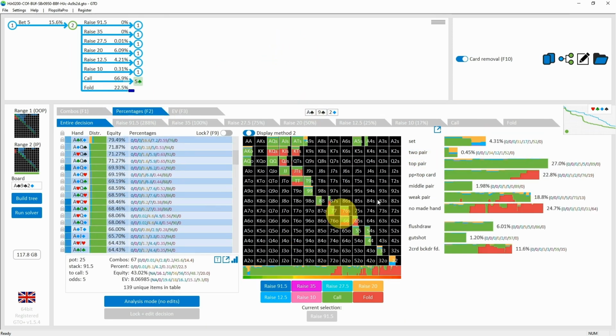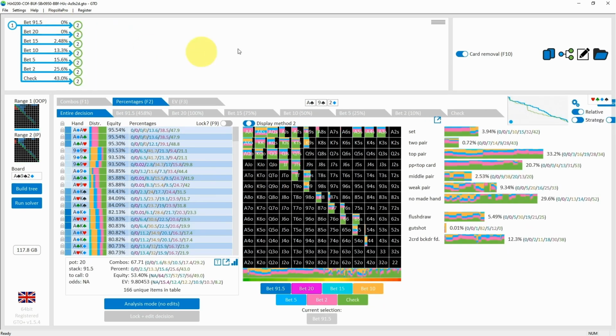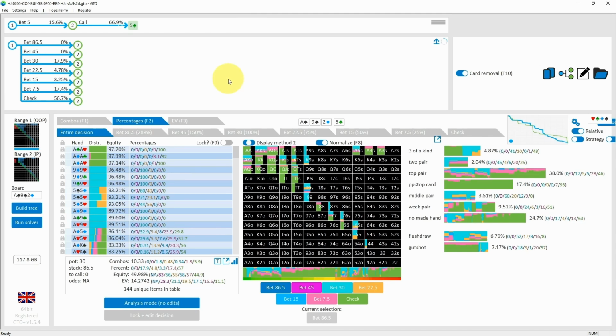All the top pair continues, and most of the pocket pairs will continue as well. Pocket queens, which blocks ace queen, is a very easy continue. Pocket jacks and tens, these hands are indifferent because they block some of these bluffs with the queen jack, queen 10, jack 10. Moving on to the turn, the 5 of clubs comes through, and now the small blind has